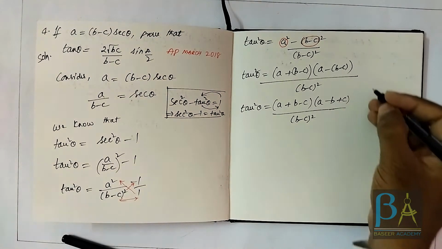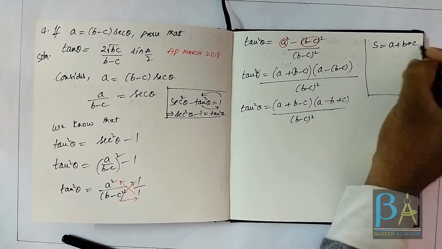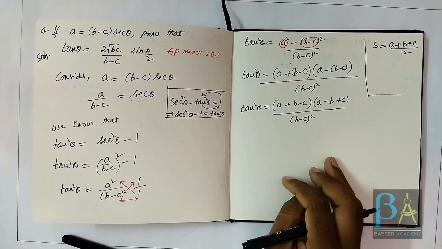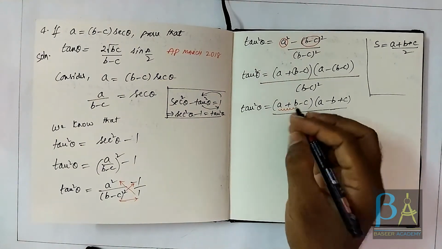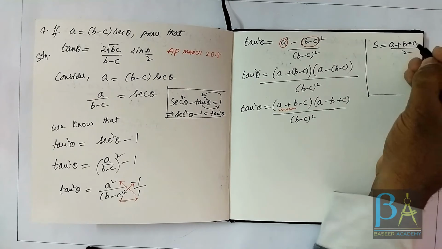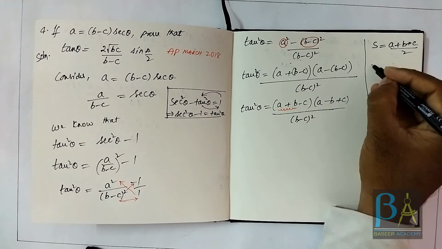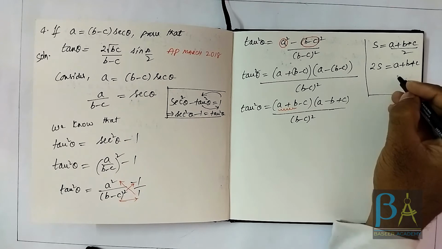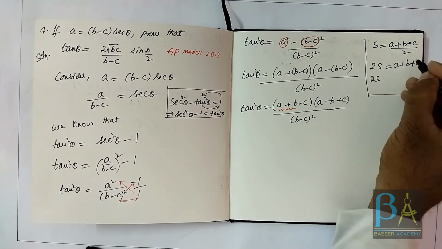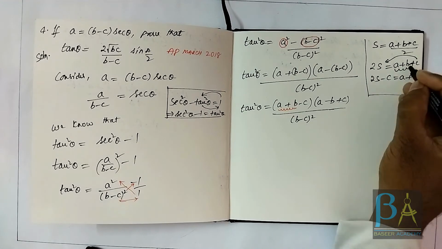Let's try this thing. You all know that the semi-perimeter S is nothing but a plus b plus c by 2, isn't it? Now, let's say I want to get the value of a plus b. How are you going to get the value of a plus b from this? 2 is dividing on the right hand side, so 2 will multiply on the left hand side. So 2 into s gives me 2s. And then 2s, if I transpose c to the left hand side, becomes minus c, and I'm left with a plus b on the right hand side. So this is what it is.